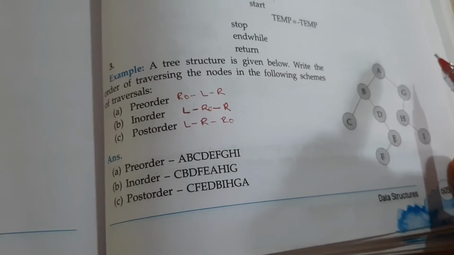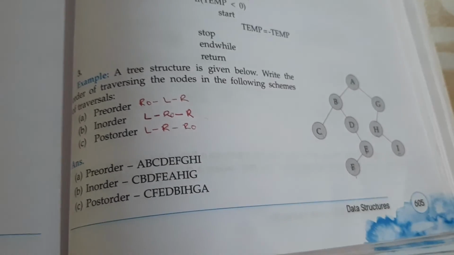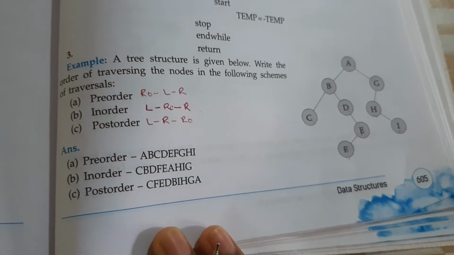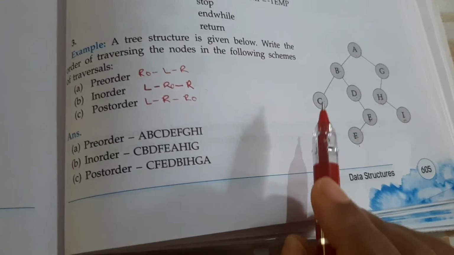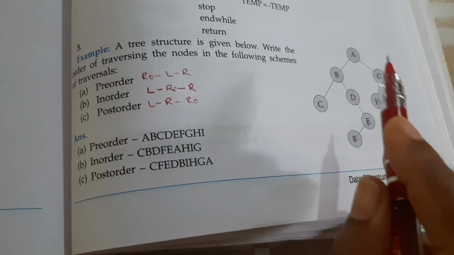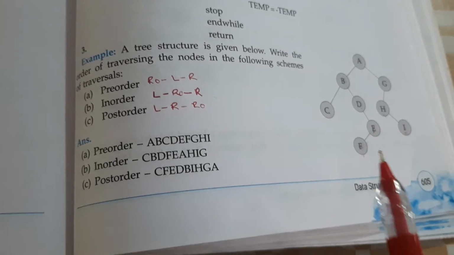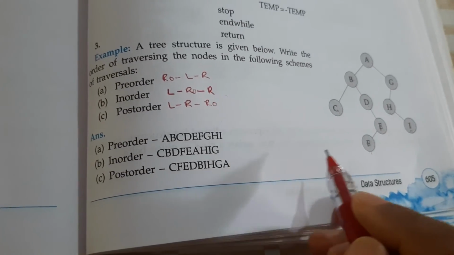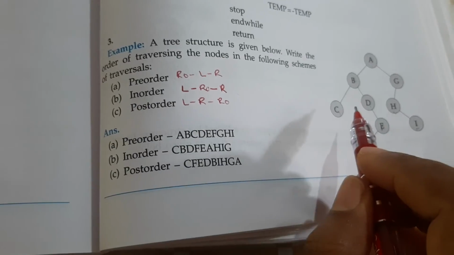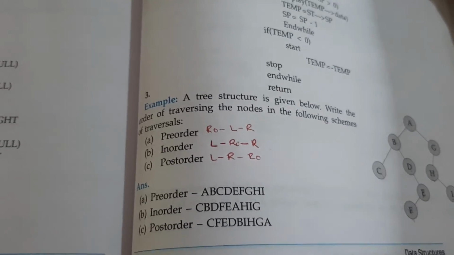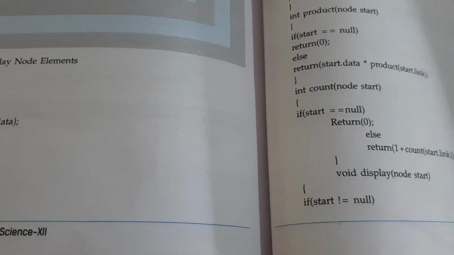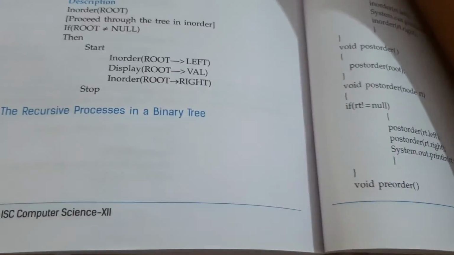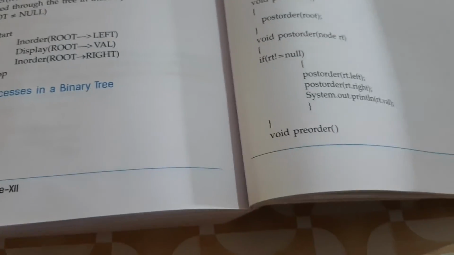So this is about the tree structure. Now you have to practice this, because if you just see it, you will not understand it. You have to really practice the formula. Using the formula you have to slowly solve this structure. You have to understand the formula and then solve it. So this is how we solve this tree structure, and I think that's all about this chapter. Nothing else, I don't think there is anything extra to learn.